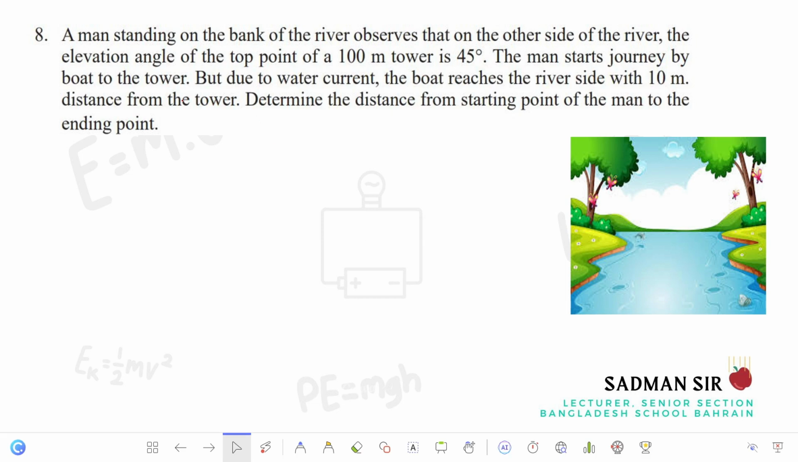Bismillahirrahmanirrahim. So in today's video, we are going to discuss problem number 8 from the exercise of the trigonometry and measurement chapter. Okay, so let us go through the question. We can see that a man standing on the bank of the river observes that